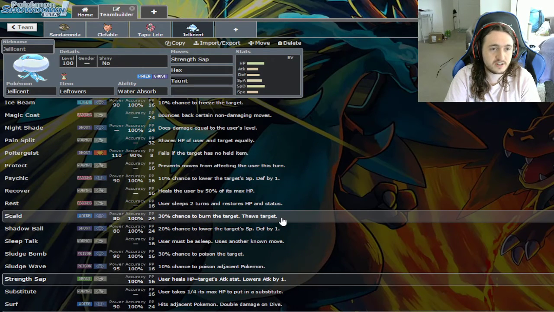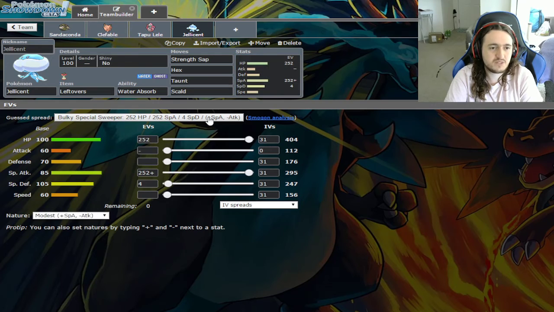I think Scald is just a good option, just to have that extra STAB coverage there. So I want to go just a little faster than Corviknight, so we'll do that much speed. We're going to try to go a little more Fizdef. Yeah, I think Fizdef here is actually pretty good for it, because if you